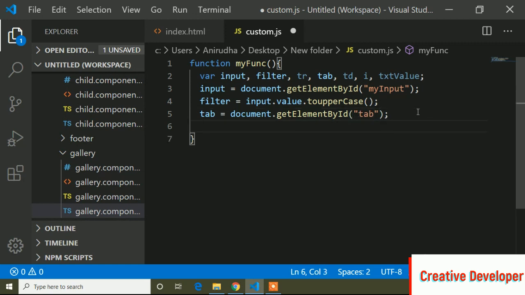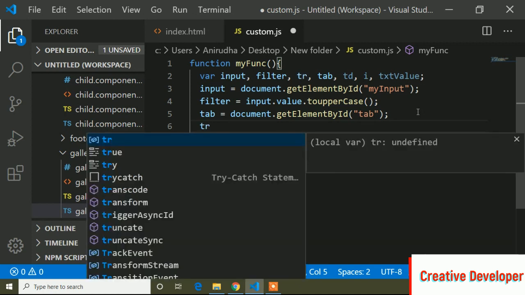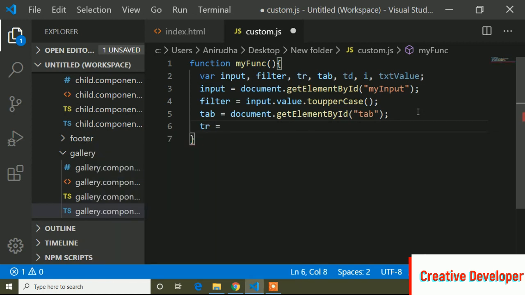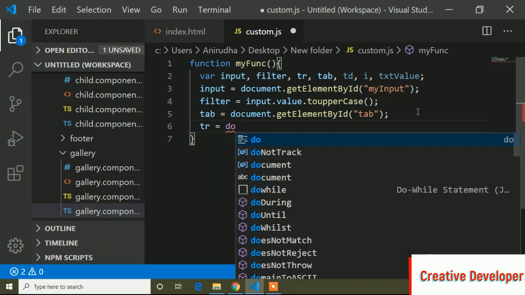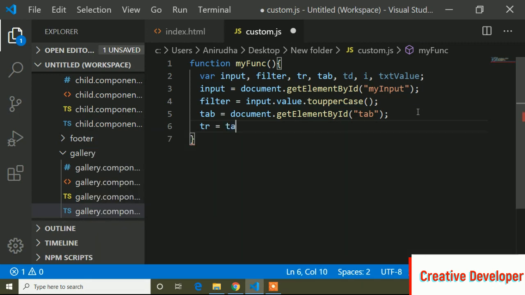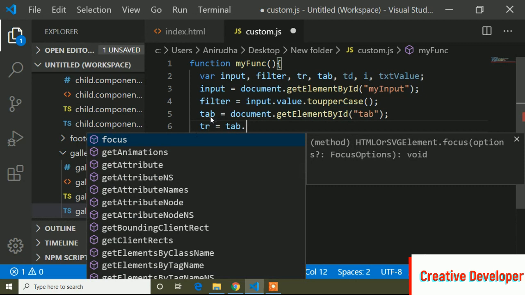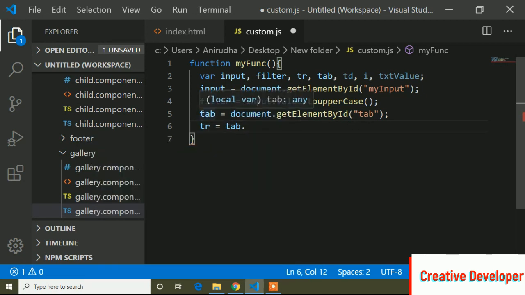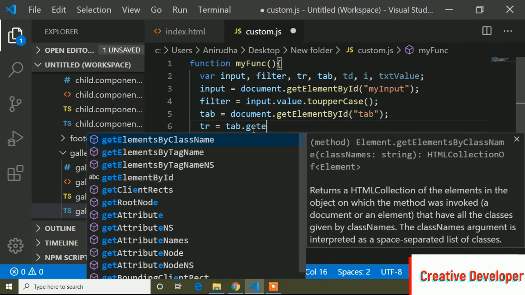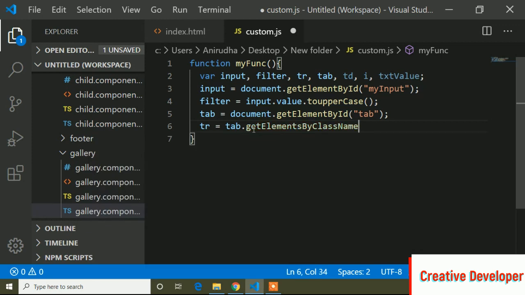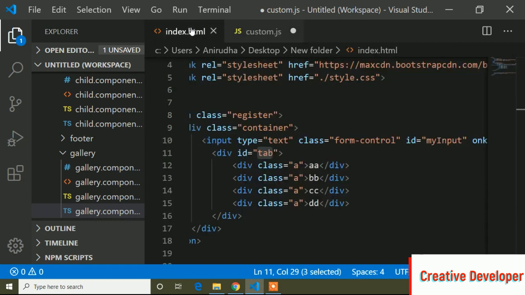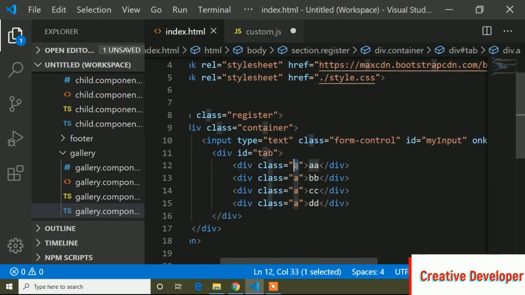And now inside this tr variable: tr equals to tab dot, tab means this tab, so tab.getElementsByClassName, and the class is a.